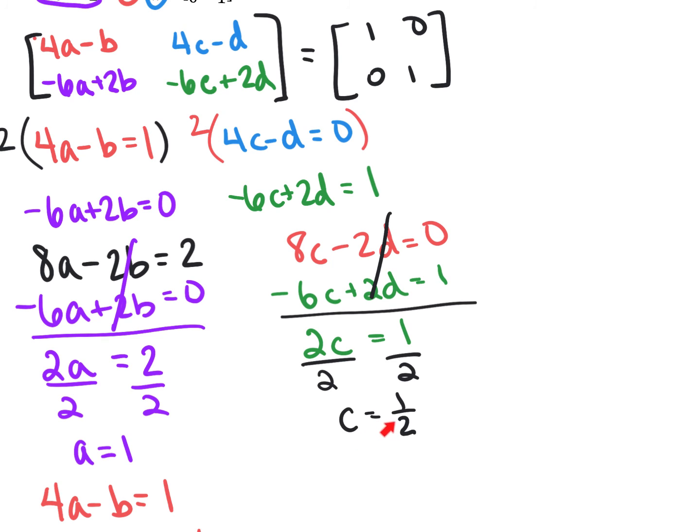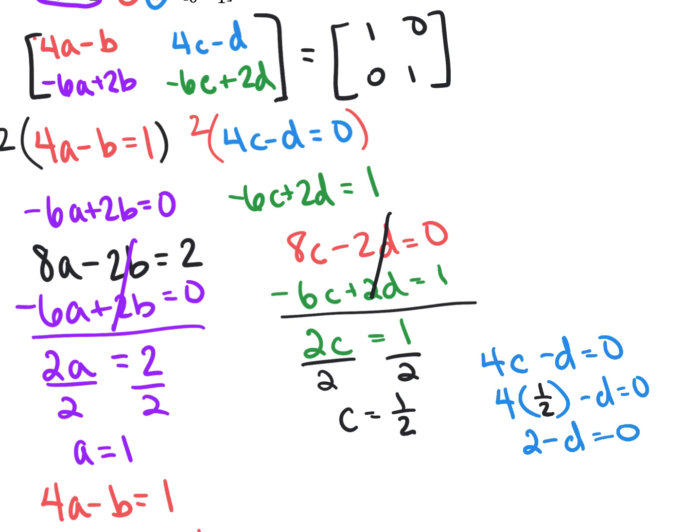Now that I know C equals 1/2, plug it back into any equation. I'll take the top equation, 4 times C minus D is equal to 0. So plugging in for C, 4 times 1/2 minus D equals 0. Half of 4 is 2. 2 minus D is equal to 0. And I can move D over, make it positive. So D is equal to